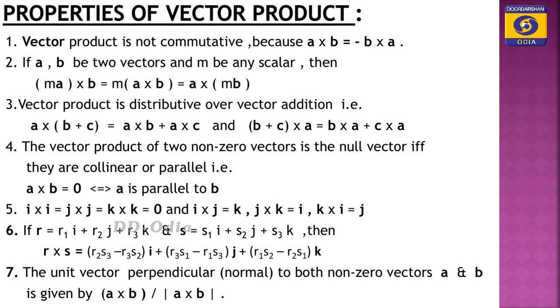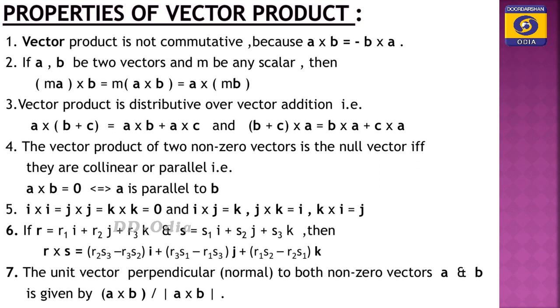So, i cross i, j cross j, k cross k is equal to 0, because i is parallel to itself. The angle between them is 0, so sin 0 is equal to 0. If R is equal to R1 i cap, R2 j cap, R3 k cap, and S is equal to S1 i cap, similarly S2 j cap, S3 k cap, then R